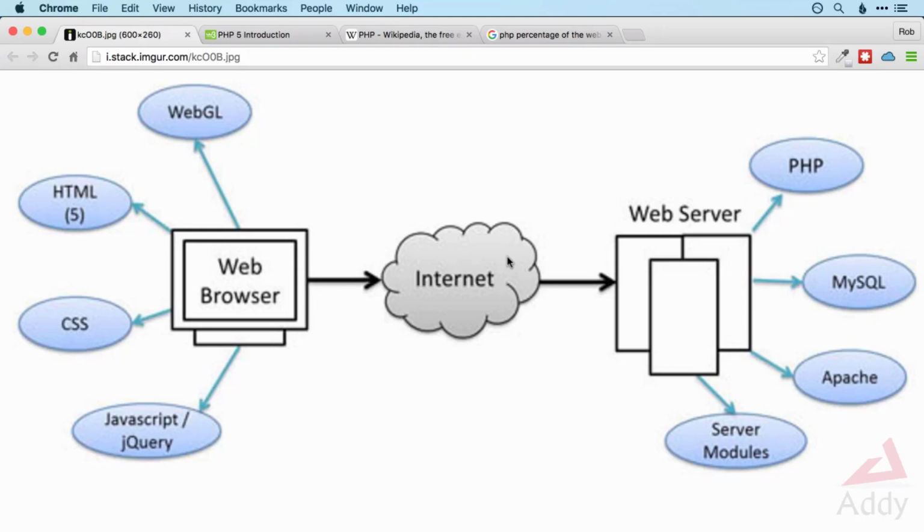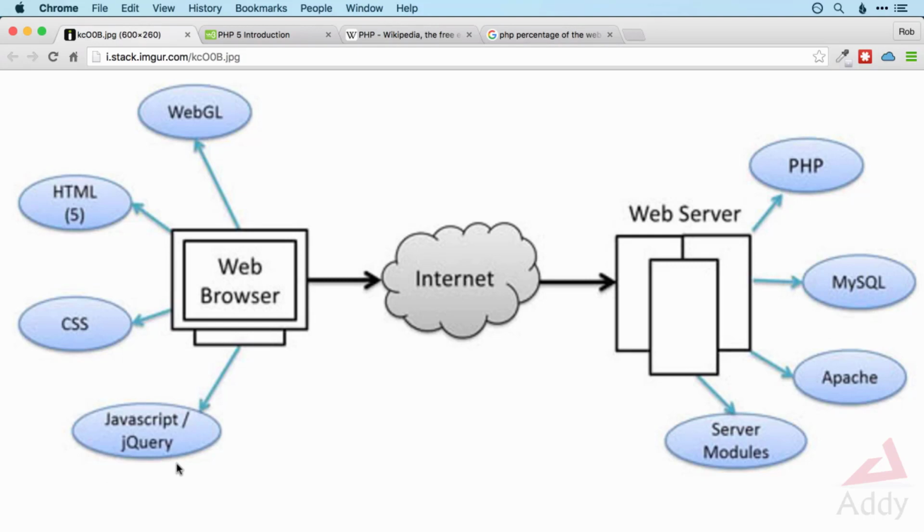Before I tell you specifically what PHP is, I want to give you a quick summary of how the various languages that you have learned and are going to learn in this course fit together. So this is how a basic website works. We've got the web browser here, which works on a computer's machine. And all the languages that we've learned so far work within the web browser. So HTML is processed by the web browser, as is CSS for styling, and JavaScript and jQuery both run within